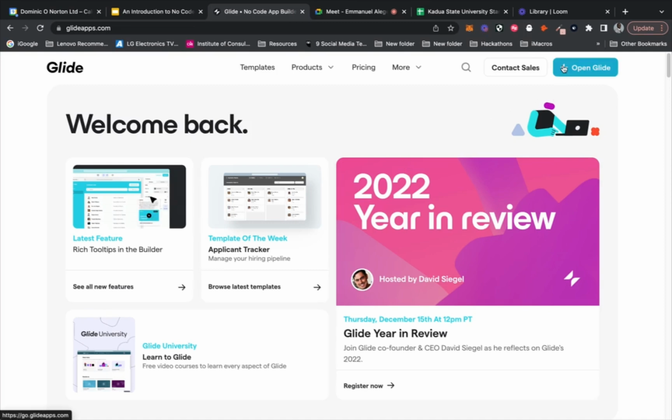You want to create an account. To get started, you want to create an account and click Open Glide. We want to give it some time to open.